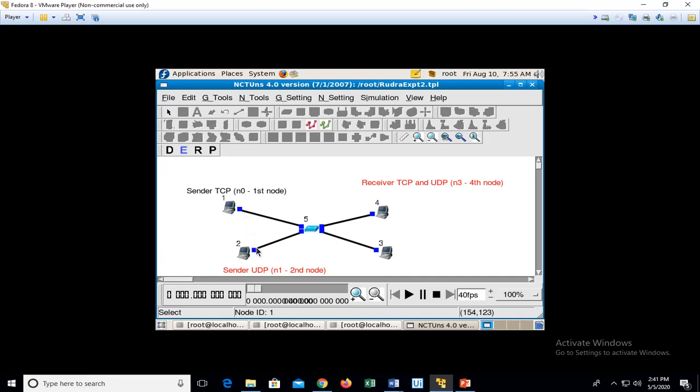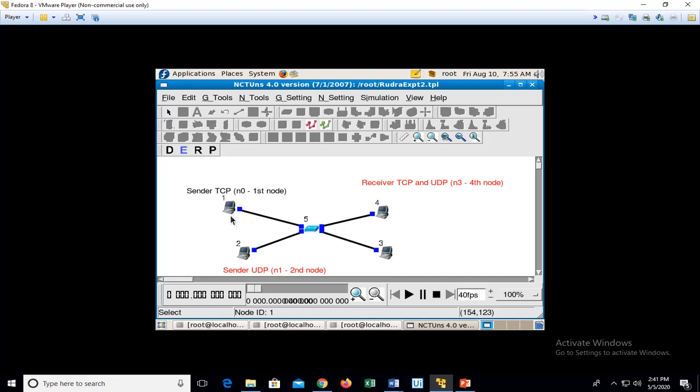So this is 1.0.1.1, 1.2, 1.4, 1.3. Be careful when you are using this. The fourth node is the one having the IP address 1.0.1.3.